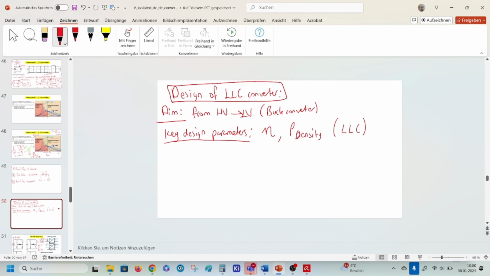It's much easier if you compare it with LLC converter, because this resonance,